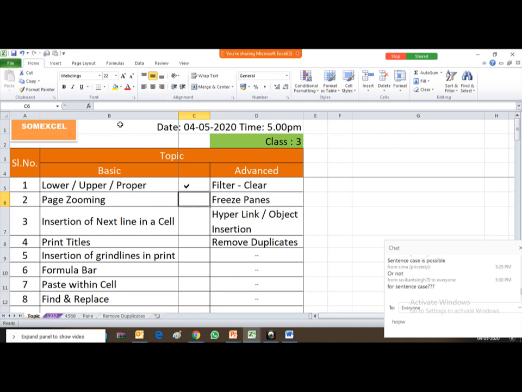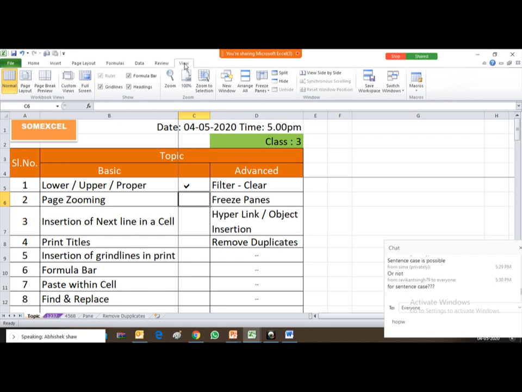So for zoom, go to View. I'm just taking this sheet only. In View there are three buttons available: Zoom, 100%, and Zoom to Selection. If you want to zoom to any size, you just click on Zoom and select 70%, 75% or 200%. You can also set a custom percentage.